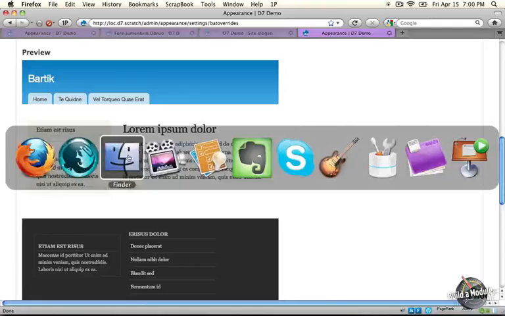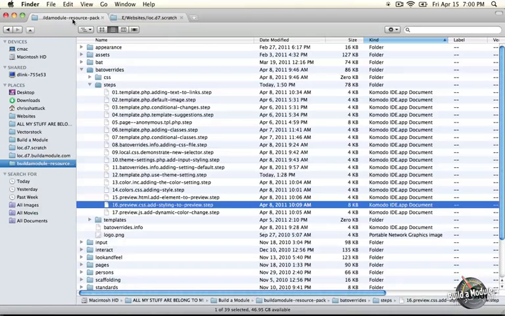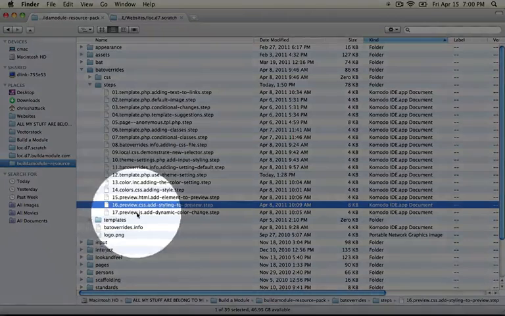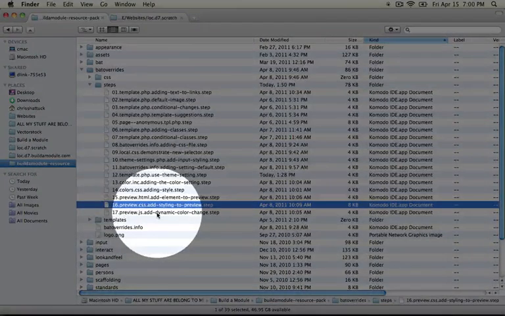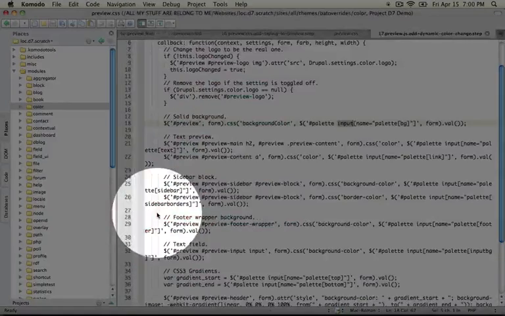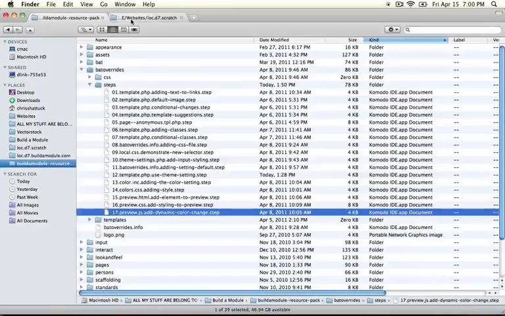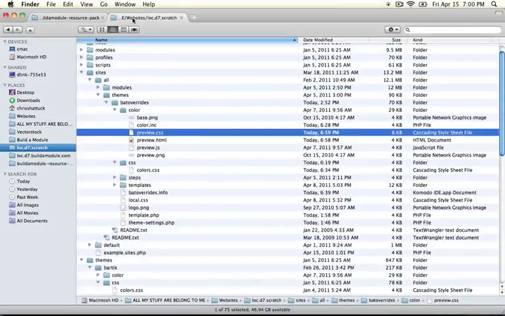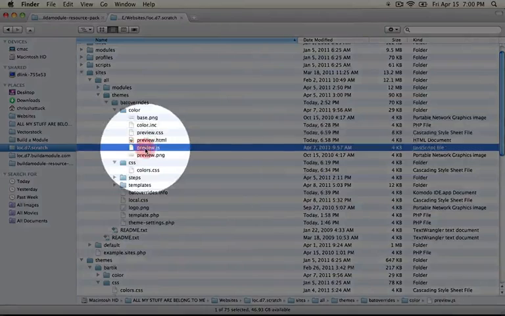So let's go ahead and jump to the resource pack directory one more time and open up the 17th step, which is called Preview.js, Add Dynamic Color Change. And then go ahead and open up that same file inside of your color directory, the preview.js file here.